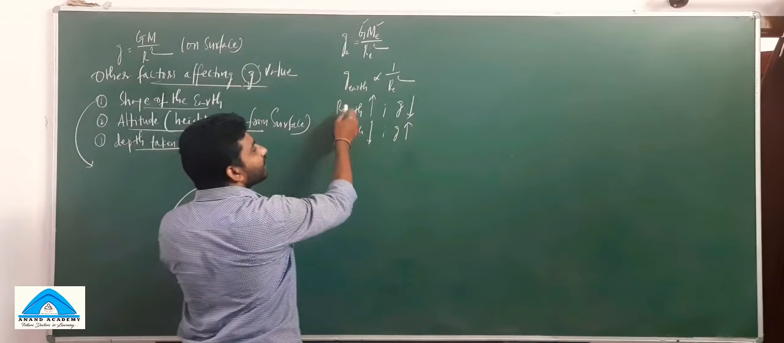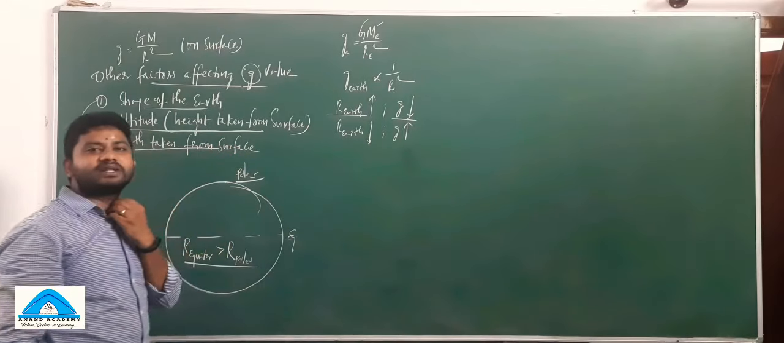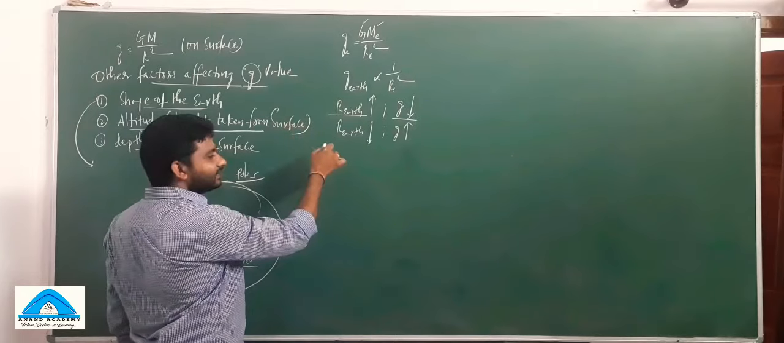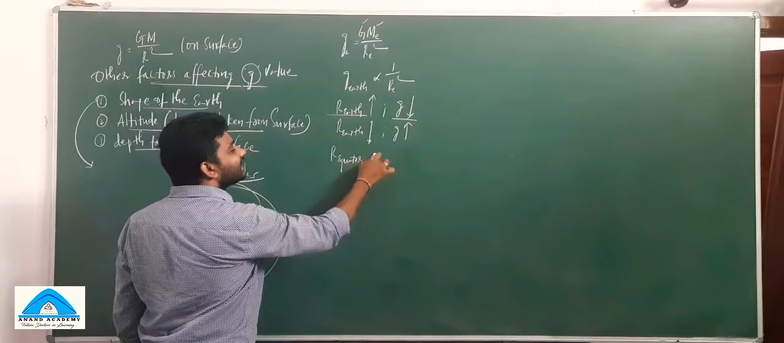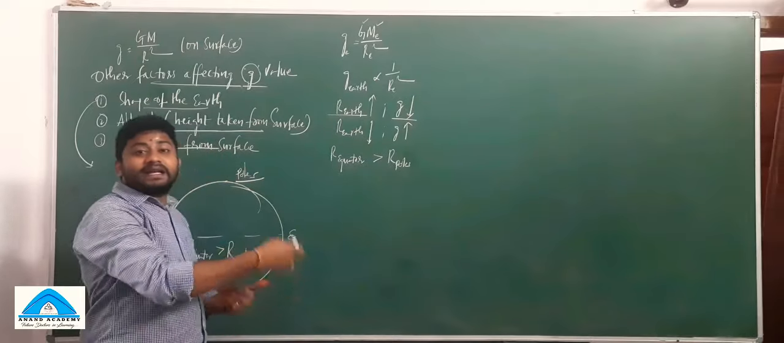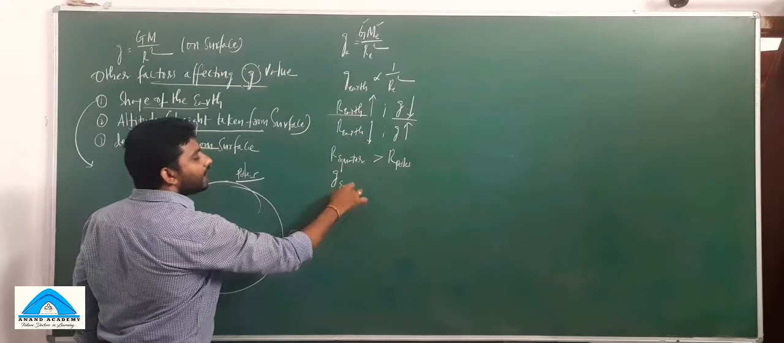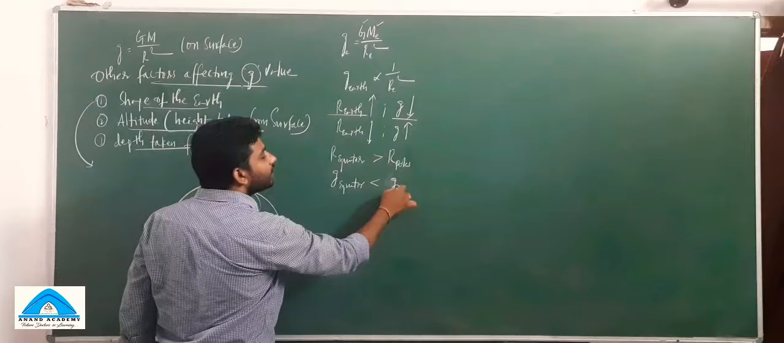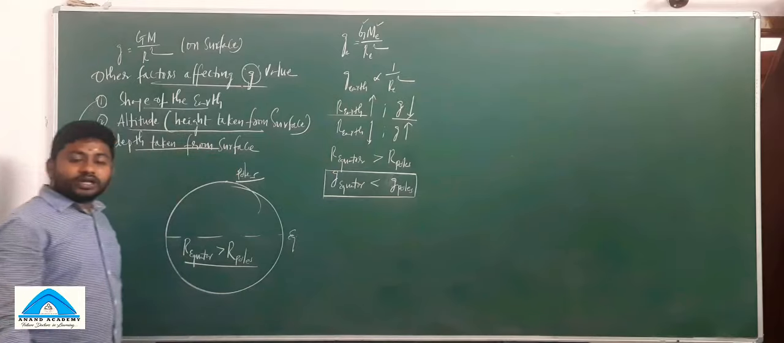So in this case, look here, the radius of the earth is more at the equator, and at the equator acceleration due to gravity must be less. So that's what I am writing here. So carefully go through this. The radius of the earth at the equator is greater than the radius of the earth at the poles. Exactly the inverse relationship for the acceleration due to gravity: acceleration due to gravity at the equator is less than acceleration due to gravity at the poles. Okay. So the conclusion is